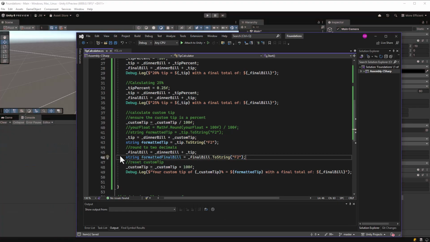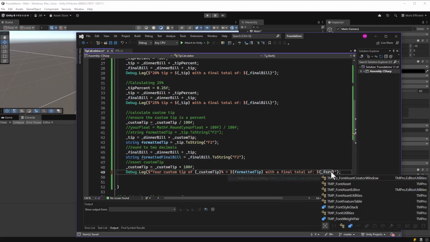Why does it work that way? That's just part of software engineering. We don't always know how or why things work the way they do, but this is how Microsoft works, and we just need to be able to find solutions and implement them into our code. That is your job. And so here we have our formatted final bill, and we'll go ahead and place that